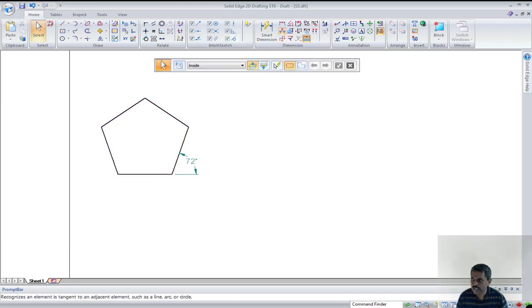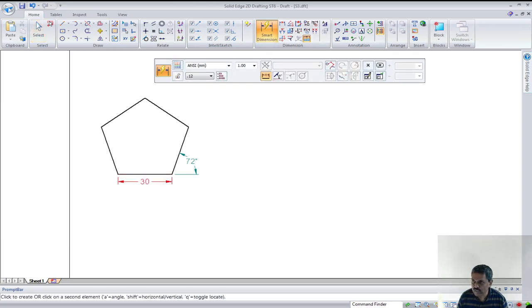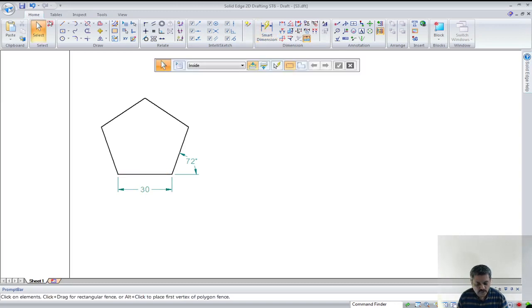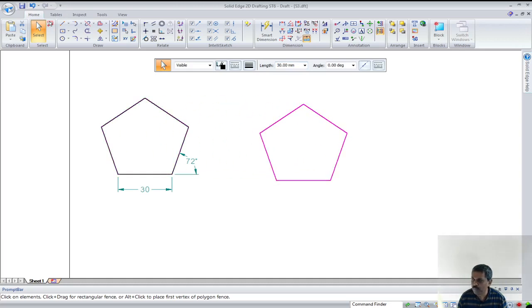Anyway, you can also even show a dimension. One of the edges can be dimensioned. You need not dimension everything. That is the default. Suppose you want to select everything and then make a copy. You need not do all this stuff once again. Simply hold down the control, select the entity. The entire pentagon has been selected. Hold the control, and when you move near the pentagon, you can see a plus mark. That means it is in copy mode. Drag and drop. That's all.